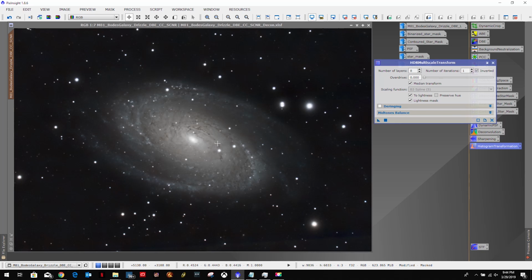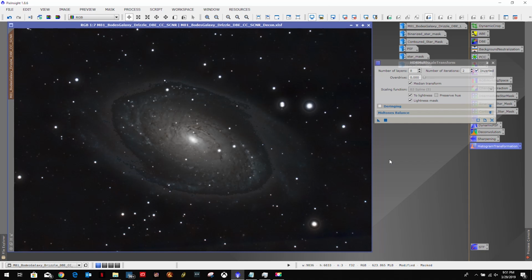All right. Well, definitely brought out a lot more of the dust lanes. I don't like the center. Let's try going to a 2. Let's undo. And let's try this again. Oh, that is ugly. All right, so